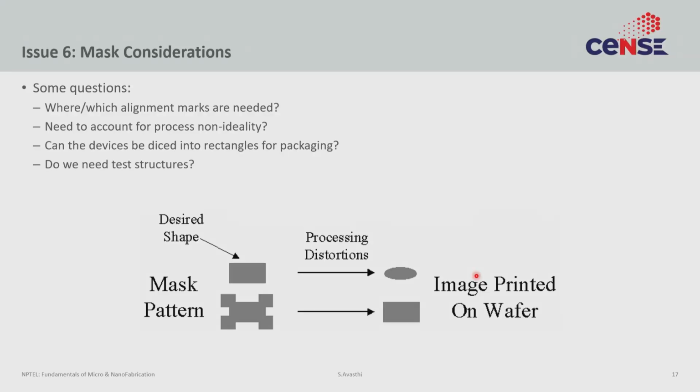And there, of course, there are other sort of nitty-gritty things. If you want an exact rectangle, if you start with a rectangle, you will actually get a smoothed oval, especially if the features are small. So if you really want a rectangle, maybe you should start with a slightly different shape. So things like these, you can solve at the mask level. And by solving at the mask level, you save a lot of time down the line.